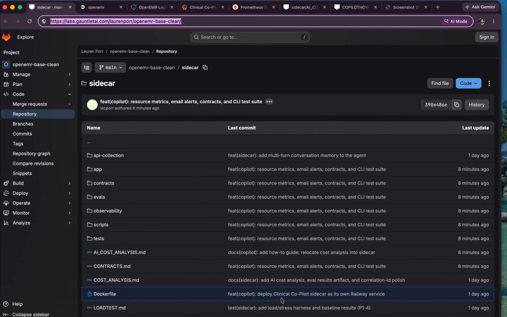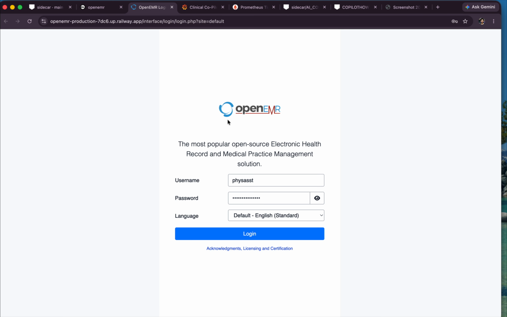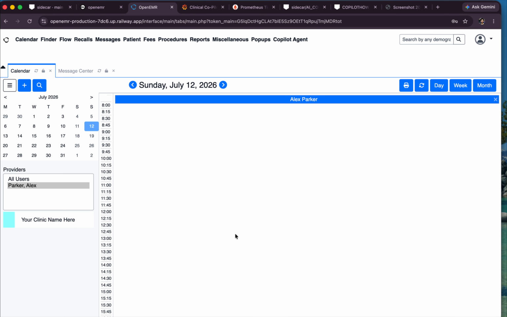So here is the correct repository in GitLab. You'll see the sidecar here, which is the main repo for the application. Okay. We see the OpenEMR is correctly deployed. And I've populated the username and password for expedience. The user information and workflow are documented in the users.md file, as well as a CoPilot how-to, which I'll go